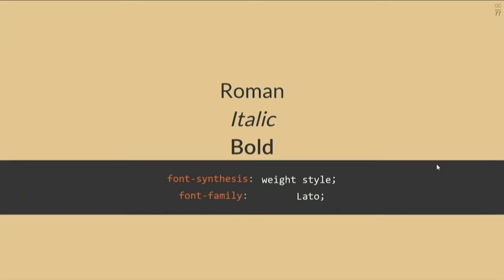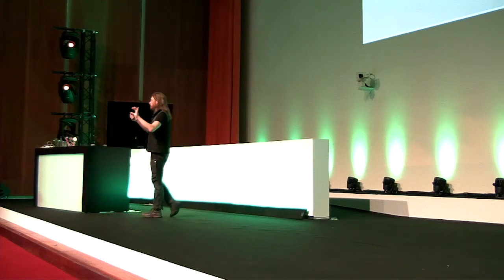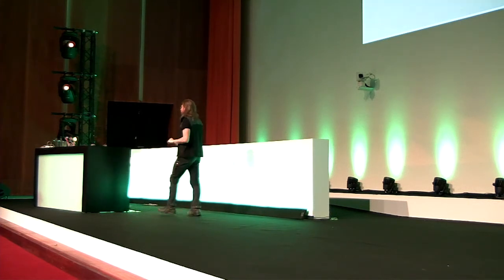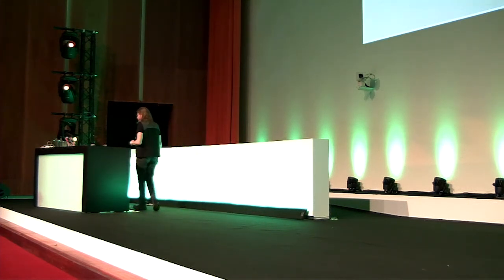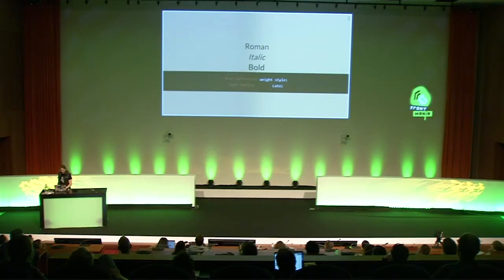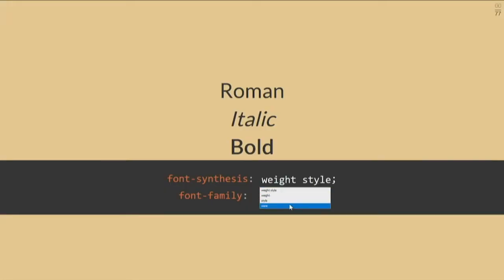It's slanting it over to make an oblique. It's fake bolding. It's drawing a very thin line around the glyph and then merging that together. And it looks terrible. And so there's a way to switch it off. Font synthesis. This is the initial value, saying both weight and style. But if I set it to none, ooh,